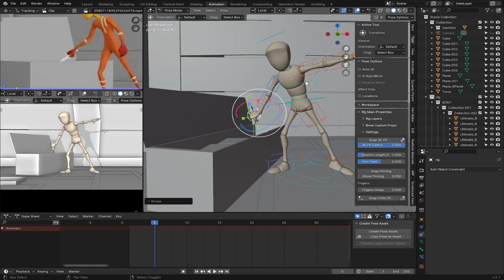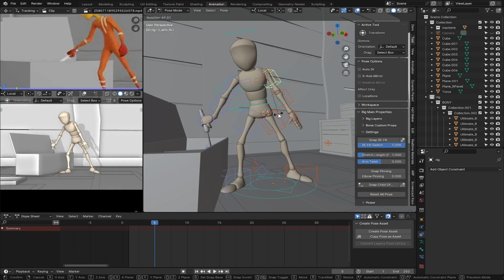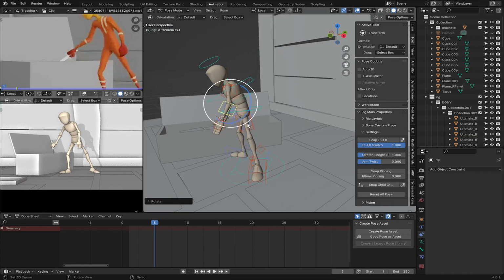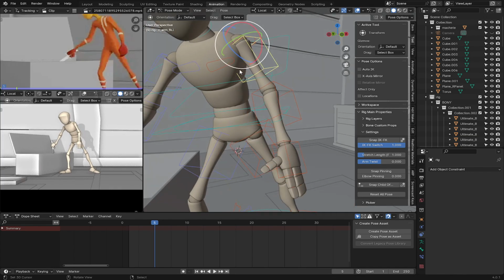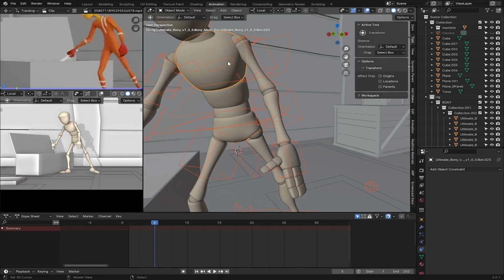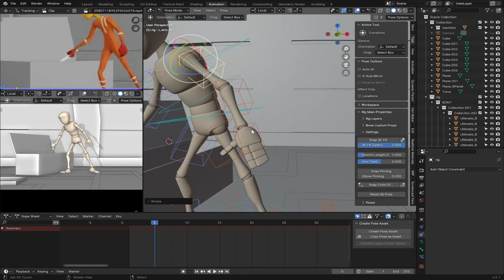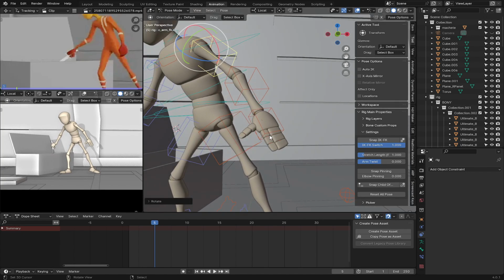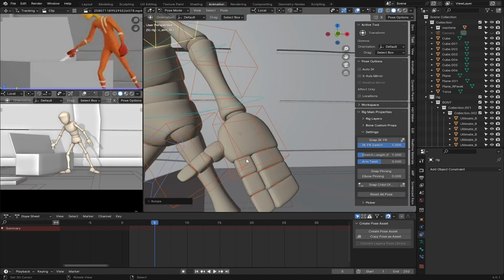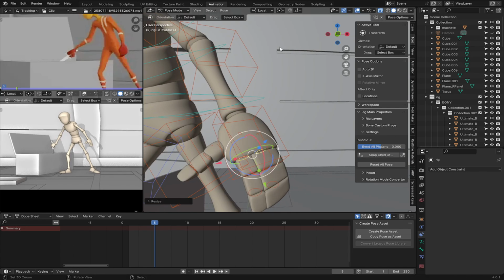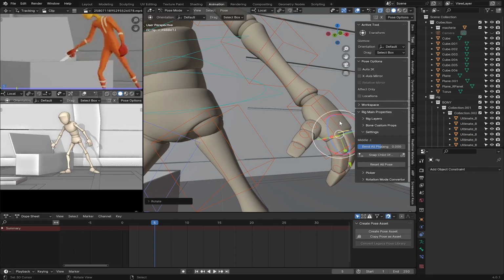So here let me do the hand, the left hand. Bring the shoulder down, so shoulder, this, and now I'm going to select this X. Oh, let me show you an individual X. So X and then